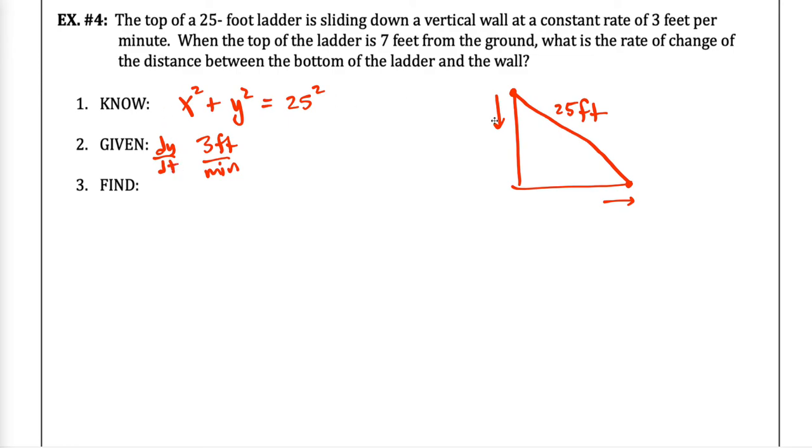So what is changing is the height. I didn't even label my triangle. I should have labeled it like that. That might have helped. The side of the triangle that's changing is y. Now, because the 3 is going downwards, it's -3. The y value is getting smaller 3 feet every minute. And then when the top of the ladder is 7 feet from the ground,